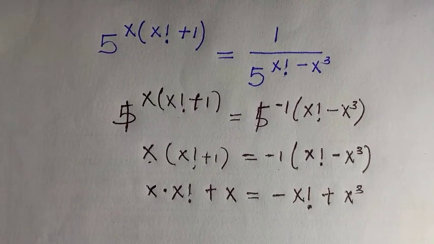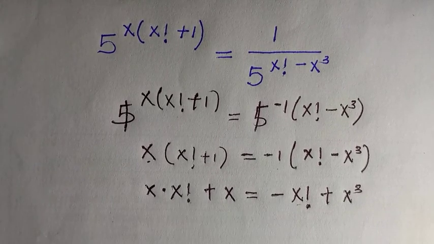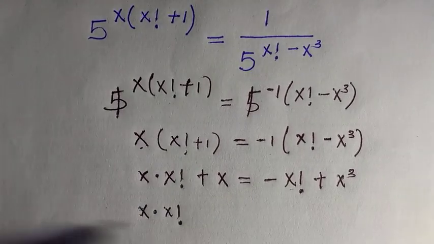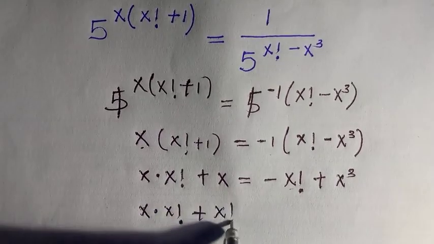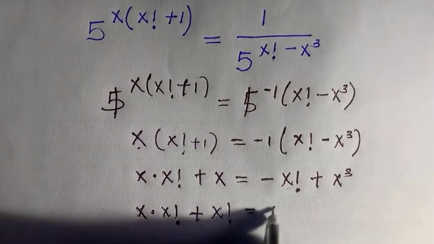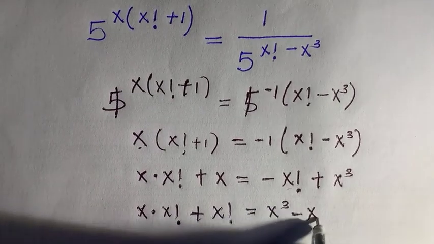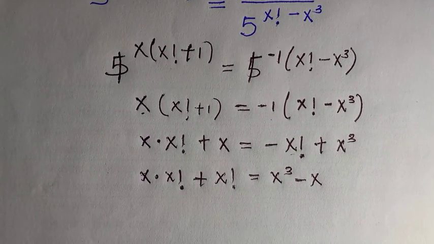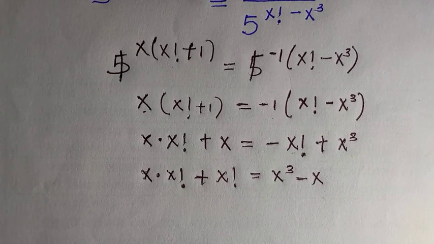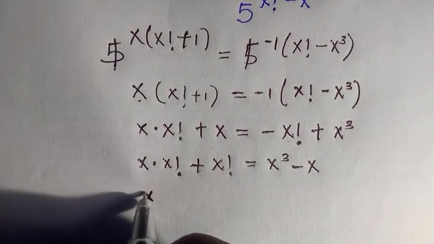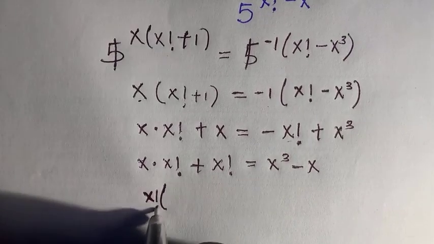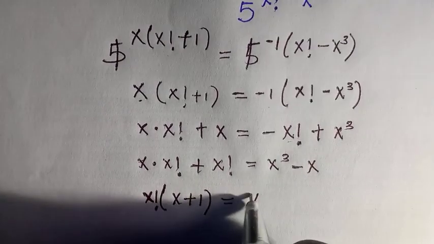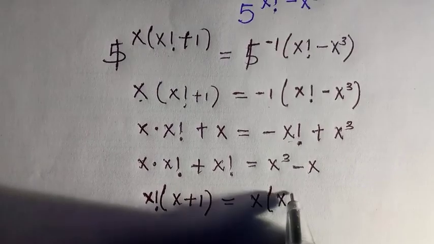So we collect the like terms. The x factorial, we pick it to this side and we transfer x to the other side. So we have x times x factorial plus x factorial, everything equals x raised to the power 3 minus x. So x factorial is common, so we factorize it out. By doing that, we are going to have x factorial times (x + 1), everything equals to, so x can also be taken out here, then we have x squared